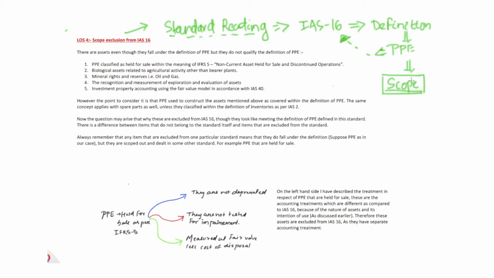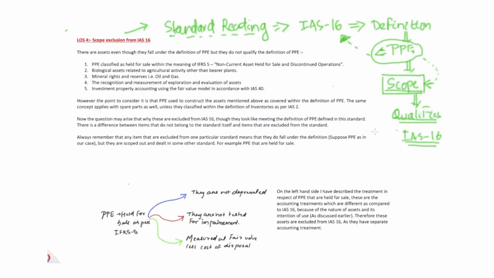All the assets that meet the definition of property, plant and equipment need to go through the scope filter, and after that, all the assets that qualify the definition of PP&E and are not scoped out,